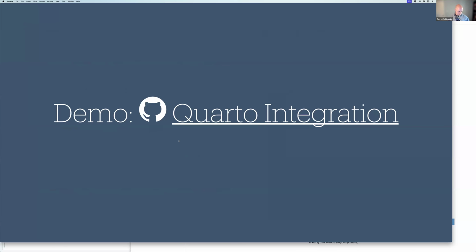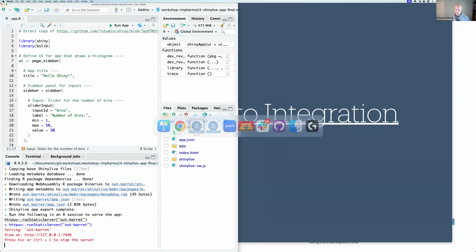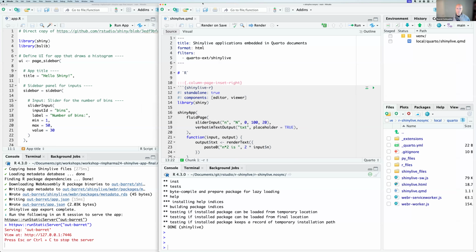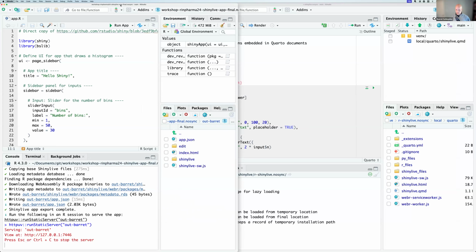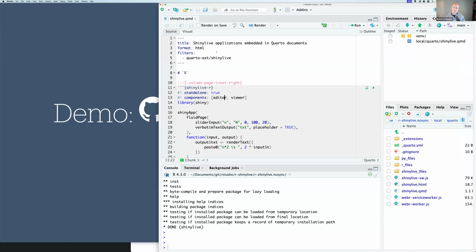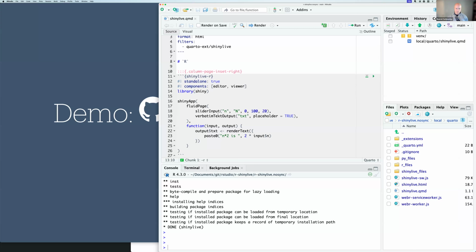All right, so let's take a look at that and what it would possibly look like. Okay. Right. All right. So in my Quarto document, I have a filter of Quarto extension shinylive, and I have a chunk here called shinylive R. I want my editor and viewer component, and I just have a very small app of what is n times 2.